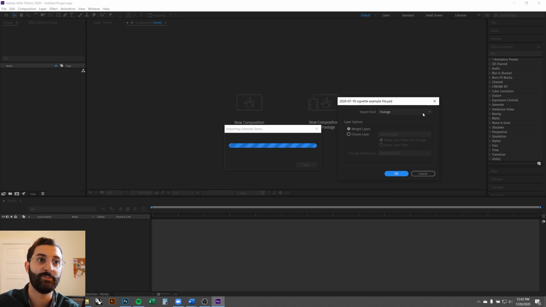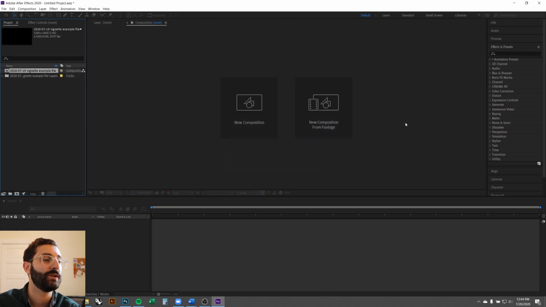So here it says import kind, and this says footage, but you're going to click this drop down arrow and change it to composition, and it should say editable layer styles, merge layer styles into footage. You can leave it as editable layer styles. You press OK. That'll allow us to go in and edit each of the layers that we